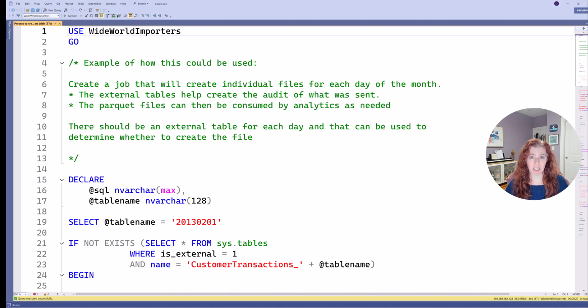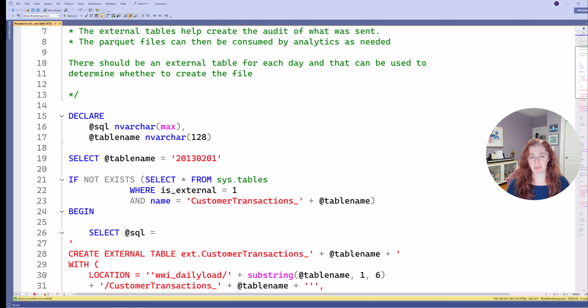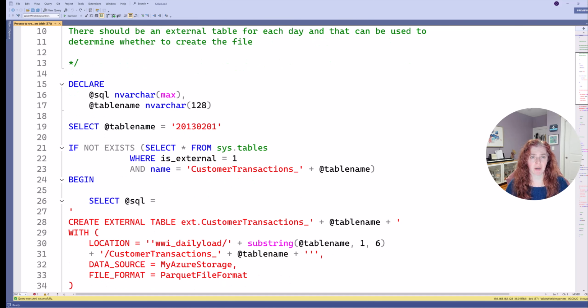Let's say I'm going to create a nightly job that's going to take the day. We're going to start with, let's say, February 1st, 2013. That's going to be the first date I'm going to create the file for. So my syntax is fairly simple. It's pretty straightforward. I've just taken the information we looked at earlier and I've just made it a little bit more dynamic. So I'm creating my variables, I'm selecting the date I'm going to be basing things off of, and